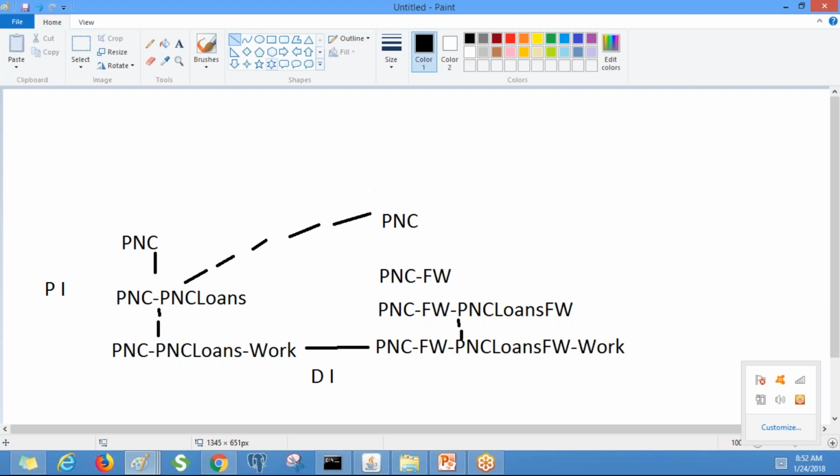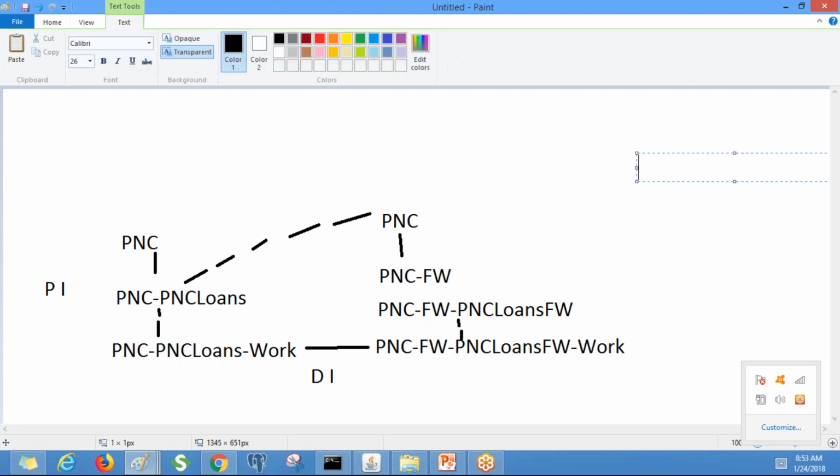Okay, so these are the parent classes. Okay, this is in pattern hierarchy. And this class is directly connected with worked as covered as class. So this would be a directed inheritance, right?